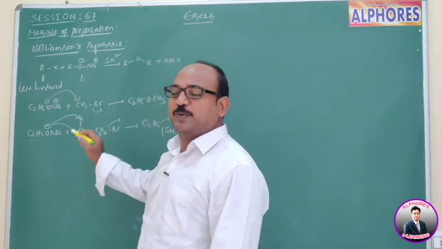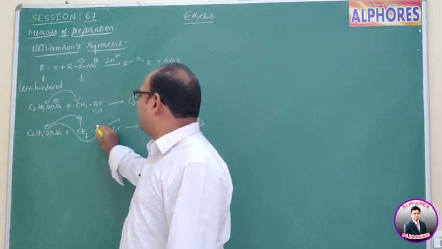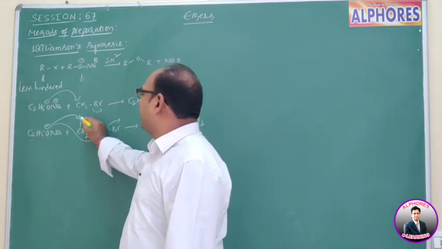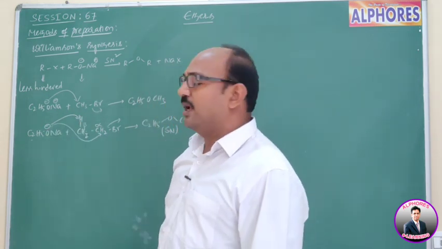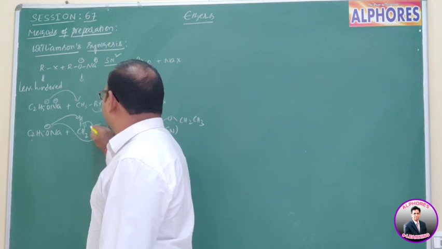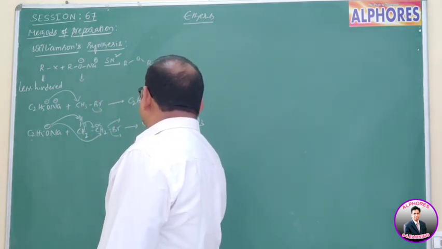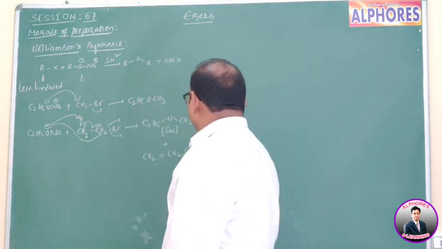with respect to the leaving group. Now Br is the leaving group. With respect to the leaving group, this carbon is alpha and the adjacent carbon is beta. Now the beta carbon containing hydrogen is abstracted by C2H5O minus. Then it abstracts H plus, these electrons come like this and this Br will leave. Hence we get the product CH2=CH2. Then this is the E2 product.